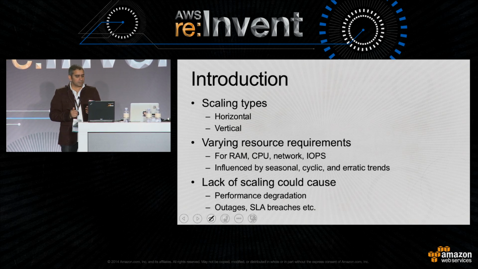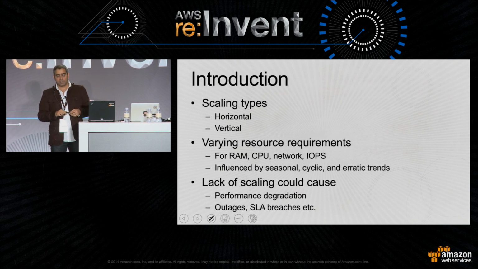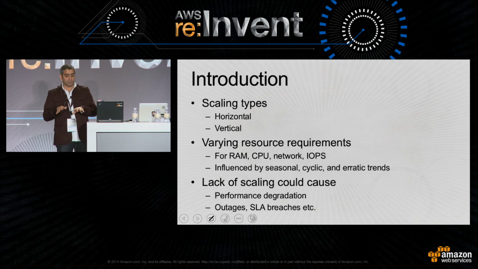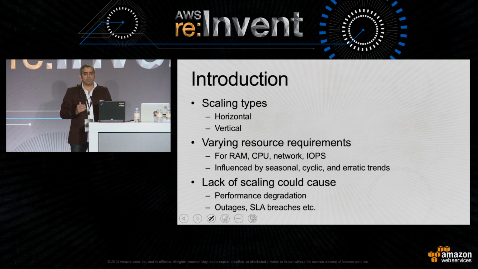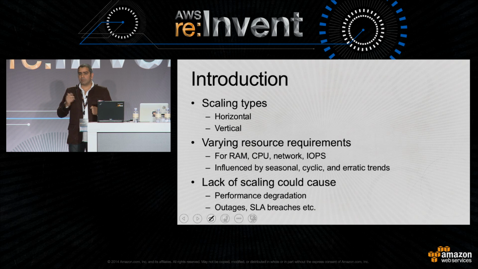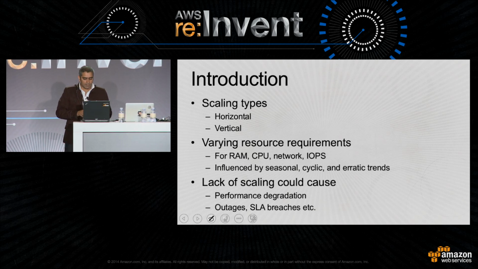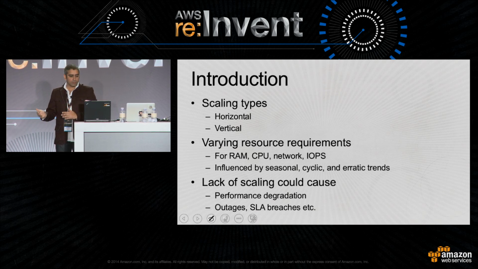Why does that happen? These could be influenced by seasonal trends, which are the normal trends. Let's say somebody goes home in the evening and they start playing some video games or watching some movies. So the websites, or the web servers, hosting those services will suddenly see a peak towards that time frame. But we know that because it happens every day, or every week. Every weekend, for example, people get some more time, watch some movies, play some video games. Right? That's an analogy I can give you. So your seasonal trend will actually show that spike and then the going down of the requests.